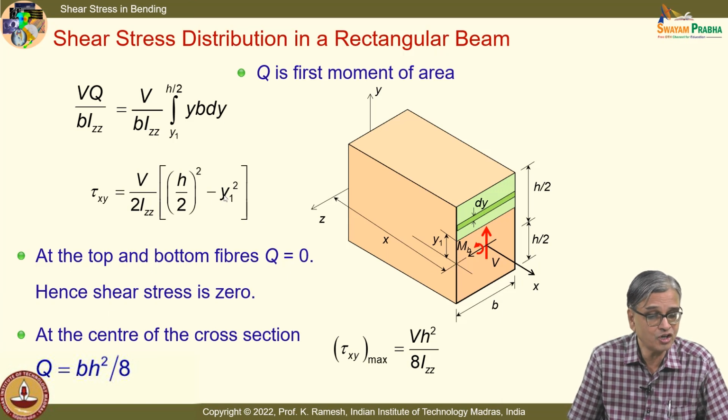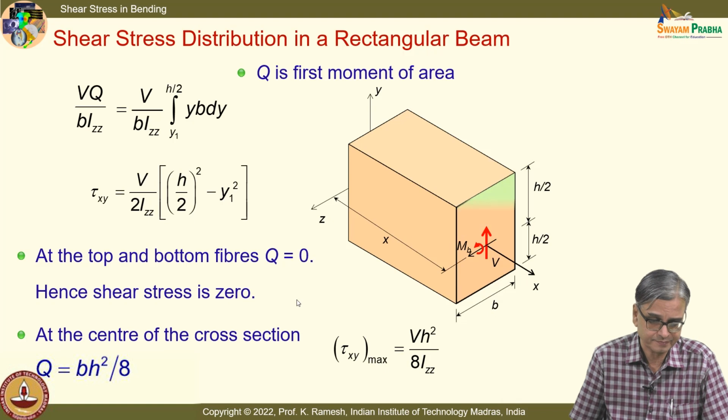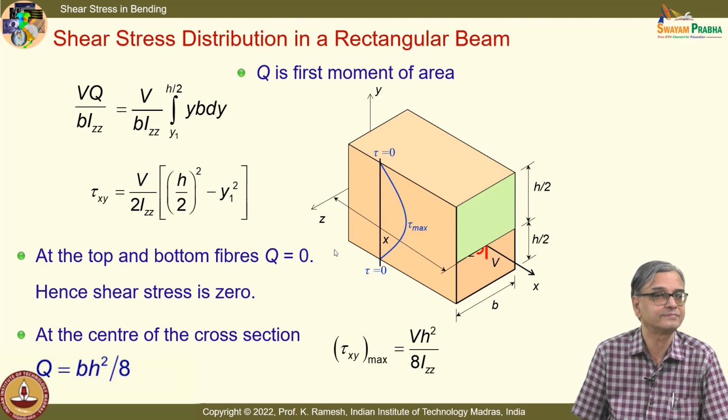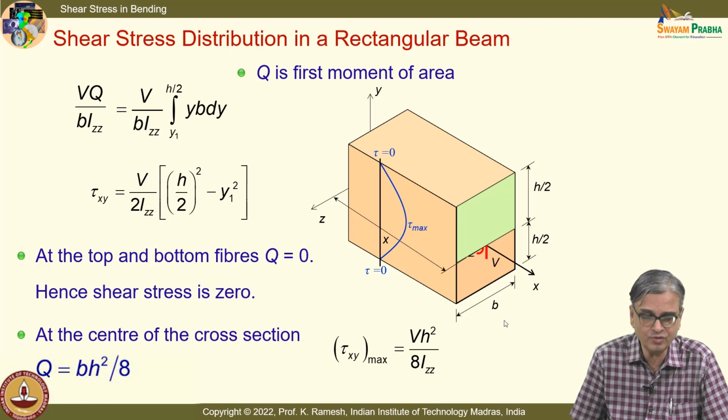This is a parabolic function. You get the idea? So it is non-linear, and when I do it for the center, that is what is shown, and I have this as a parabola. So this is non-linear, and on the top surface it is 0 and on the bottom surface it is 0,